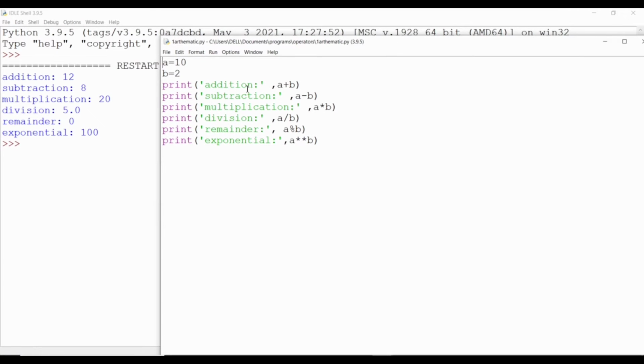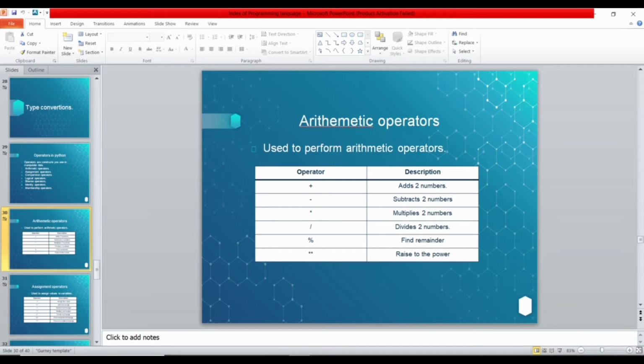Here first we have the addition of the two numbers, 10 plus 2 equals 12, and the subtraction is 8, and the multiplication of the two numbers is 20, and the division comes as a float value of 5.0, and the remainder is 0, as the division leaves no remainder. And for the power of 2, the a variable has to be multiplied 2 times, so 10 into 10 is 100. This is the arithmetic operation, and the next operation is